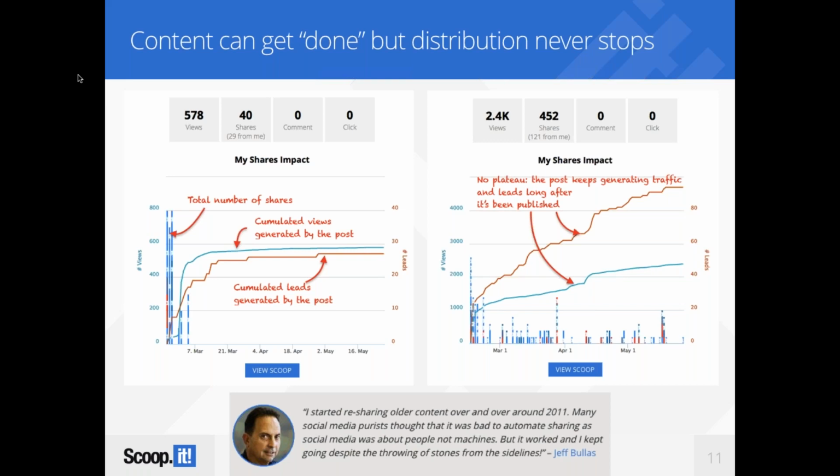On the right side, however, we're using what Jeff Bullis has been doing for years now, which is to reshare older content over and over again. And when he says old, it doesn't mean it's not relevant. It's evergreen content that's still relevant months after months or even years after years. And by doing that, you're now getting your content to keep on generating leads and traffic for a much, much